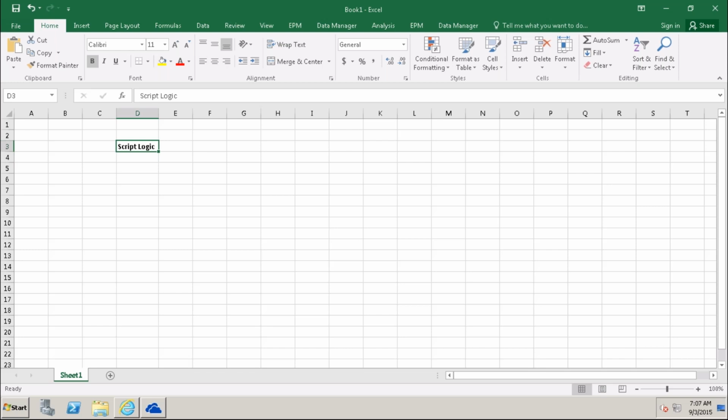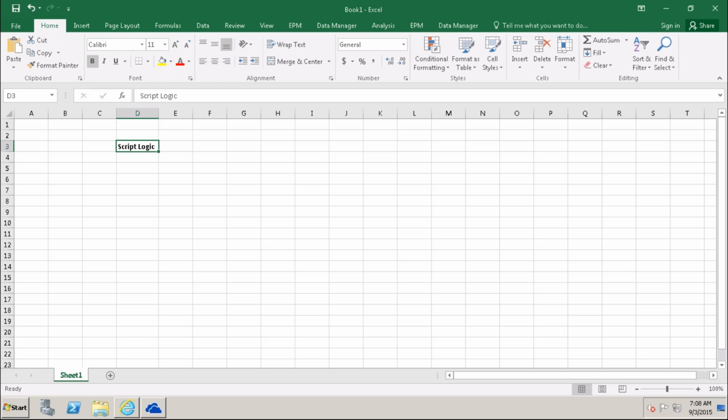Once the actual load is done, at the beginning of the month or in the month end close, what they will do is: the forecast value is a 5% increment of the actual value.